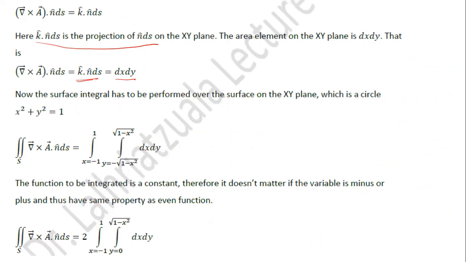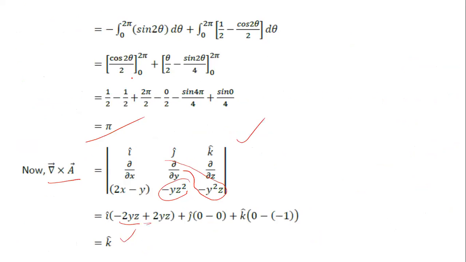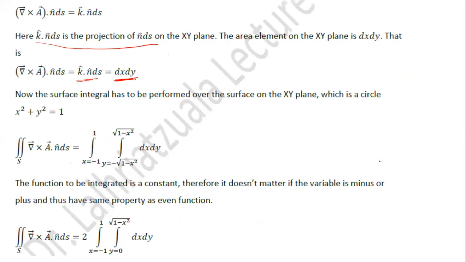On the xy plane, the projection of dS will be the element dx dy, because I think I have convinced you that when we consider the z equal to 0 plane and the z equal to 3 plane, the area element on such a plane, that is the xy plane or any plane parallel to it, will be dx dy. That is what I discussed before. So if you recall that, we can write this as dx dy,